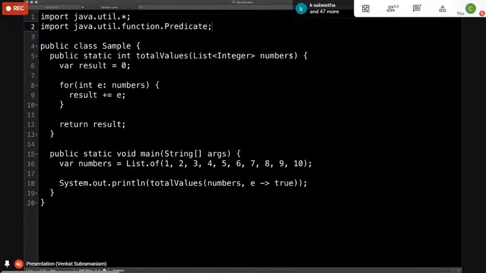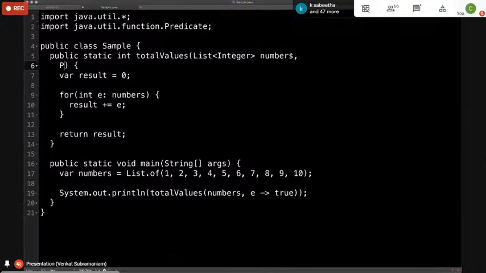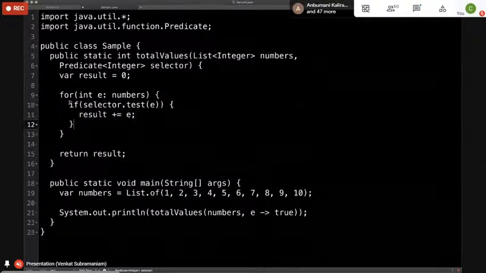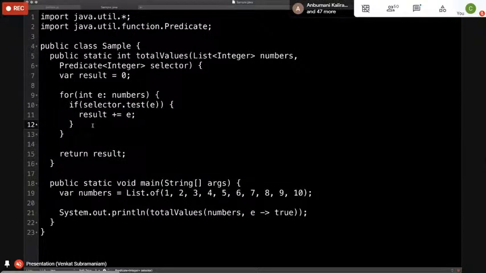And then I say right here, comma, a Predicate of Integer, and I'm going to call it selector. Then I come down here and say if selector.test of the element is true, then perform the calculation, otherwise don't. Now notice this computed the total of all the values.